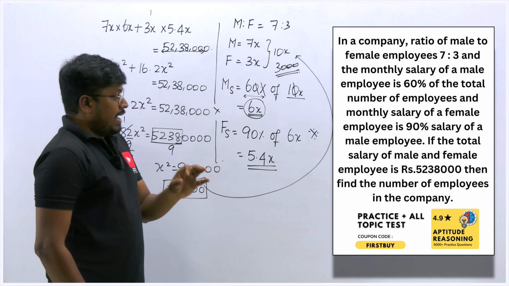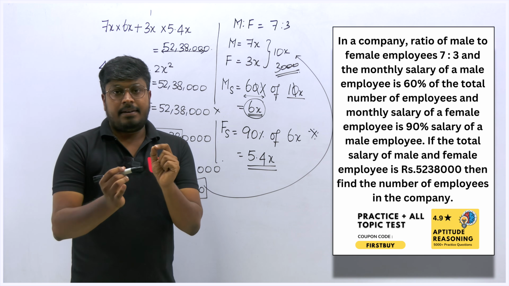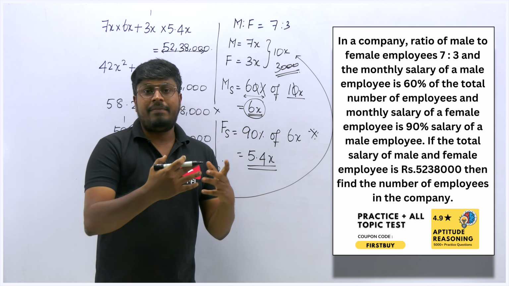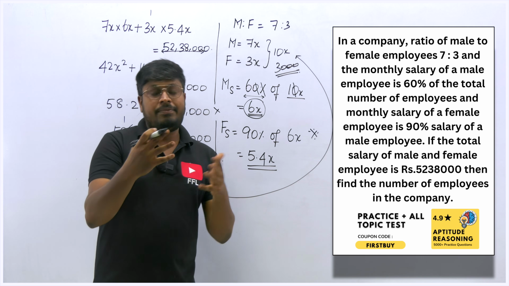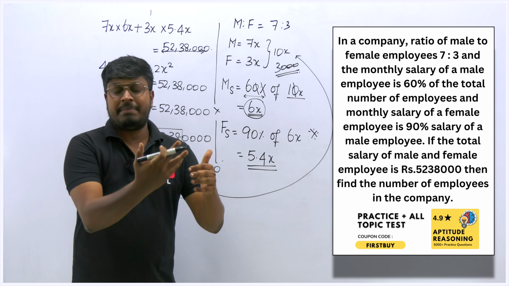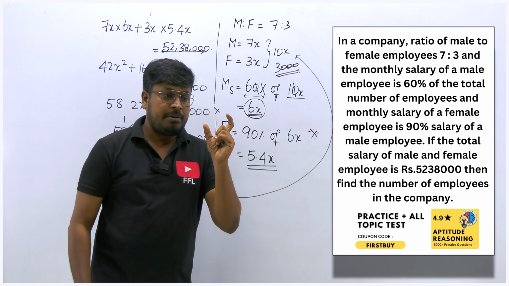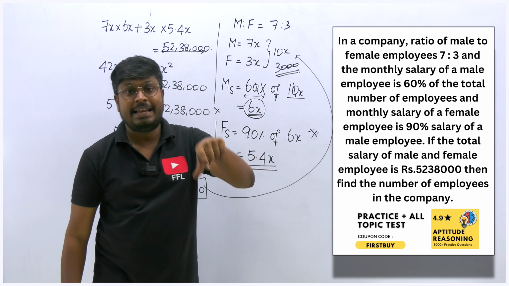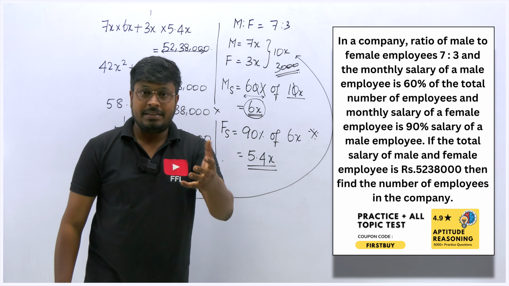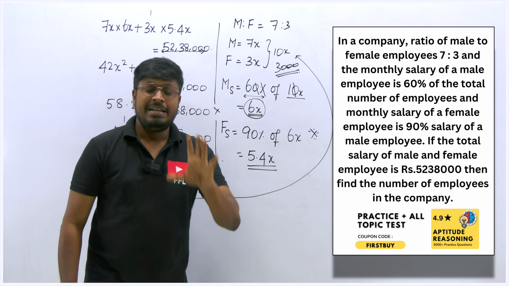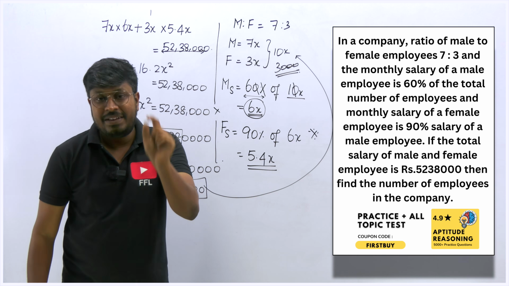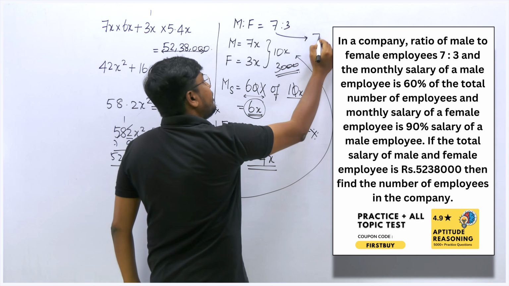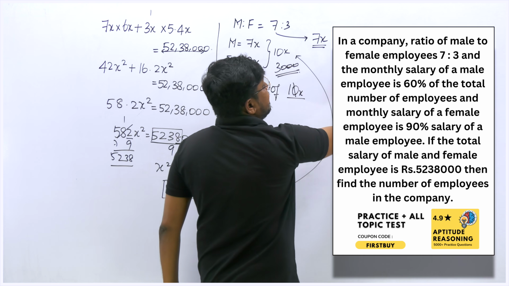So I have seen many students usually solving ratio and proportion questions in a different way. For example, two questions back, I have fixed the total number of males as 100x, right? But some students usually fix it as 10x. And some students, without x, fix a random number like 500. Kindly don't do that. Do not fix any random number. For example, instead of 7, you can fix it as 7x, but don't fix it as 700 and solve a